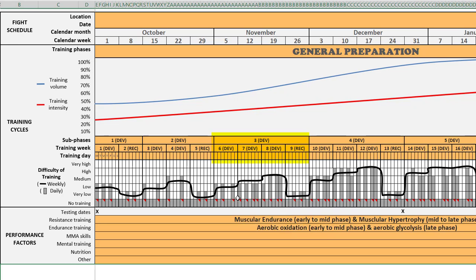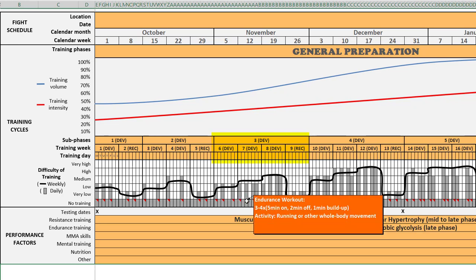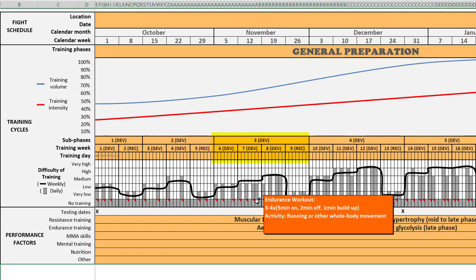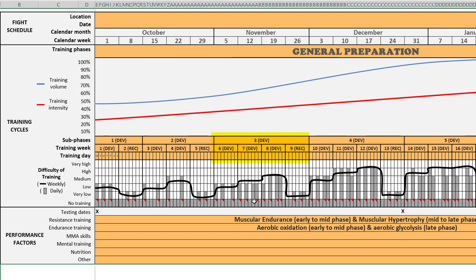As we move into the 7th week in this third subphase, we stick with that same resistance workout paradigm, 14 to 16 reps, 2 to 3 sets, 30 seconds rest, and we change the workouts, now workout C. And then we have another endurance workout, very comparable. We've actually decreased the volume here in this one to 3 to 4 sets because we're going to be doing another endurance workout, and we want to make sure that we're slowly controlling the volume. So rather than 4 to 5 sets, we're just bumping it down to 3 to 4 sets of 5 minutes on, 2 minutes off.